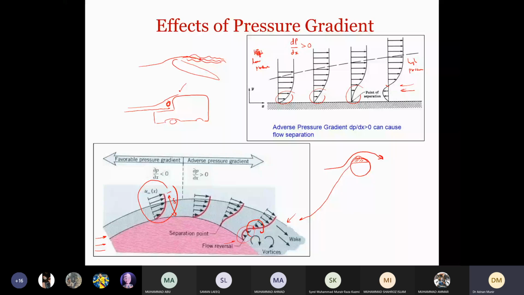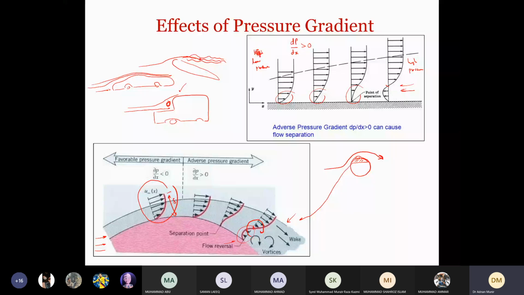Now with the passage of time, if you look at sports cars, what they did was try to delay this flow separation by making the surfaces very smooth. If you look at present day cars, you will see that they are much smoother like this. So they wanted to delay the flow separation so that the instability that causes increased drag force could be avoided.